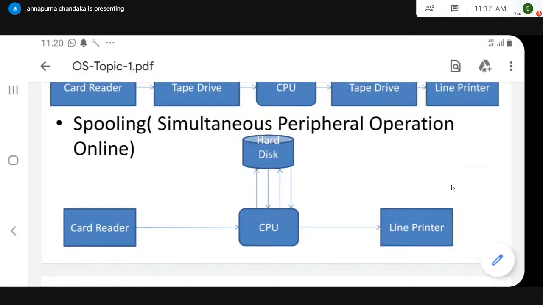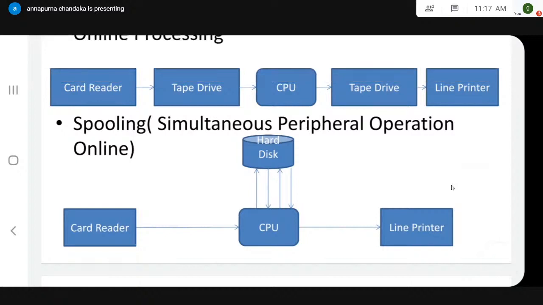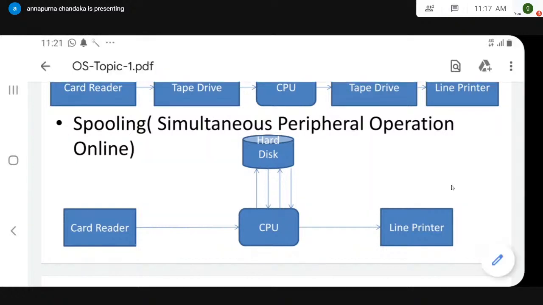A hard disk internally has a spindle. A spindle is a collection of platters. You may get problems on this. A platter is a collection of two surfaces. Each surface is divided into a number of tracks. Each track is divided into blocks, or you may call them sectors. A sector is the smallest representable unit on a secondary storage device.